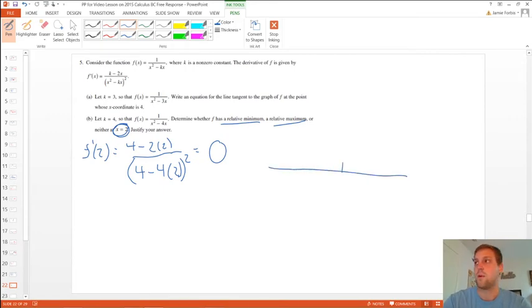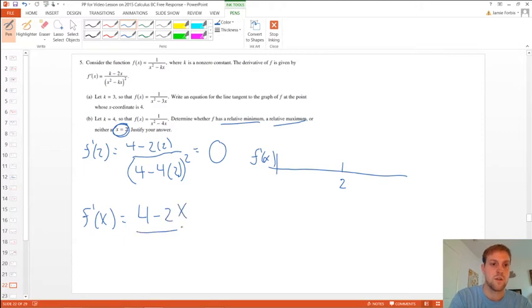Let's plot that point on my number line. So we're going to put 2 right here. And this is doing f prime of x. We're going to test some points. Let's take test 1 and 3. So if I plug, well, let's write it out real fast. F prime of x is equal to, k was 4, so it's 4 minus 2x over x squared minus 4x squared. Okay. So if I test some points in that, like let's say I test 1,